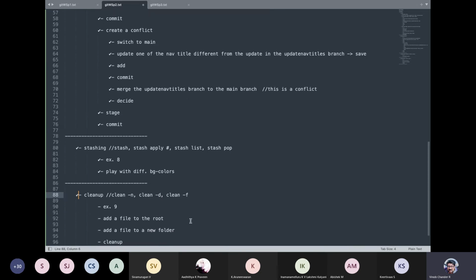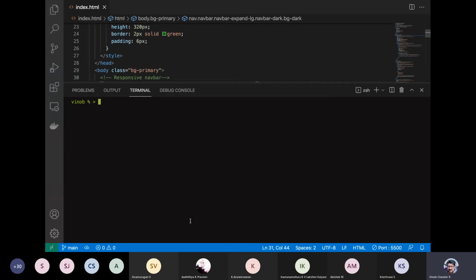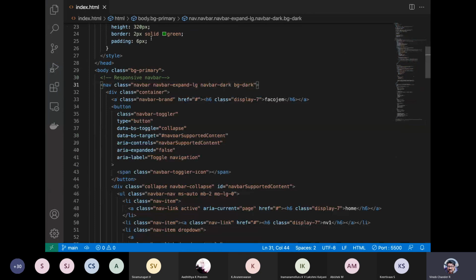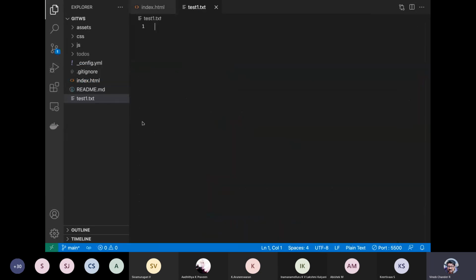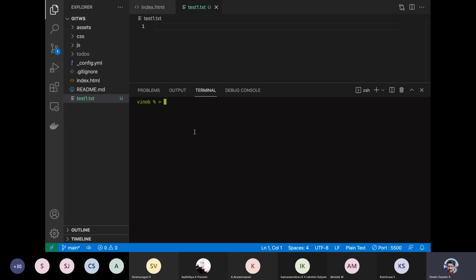Okay, so let us add a file to the root, let us add a file to a new folder, and then do a cleanup. Let us come over here, expand this, and add a file, say test1.txt. Now it says that it is untracked. Let us not have anything in it. It is just for testing. If you do a git status, it says that it can be added and then you can commit it, but we are trying to understand cleanup.